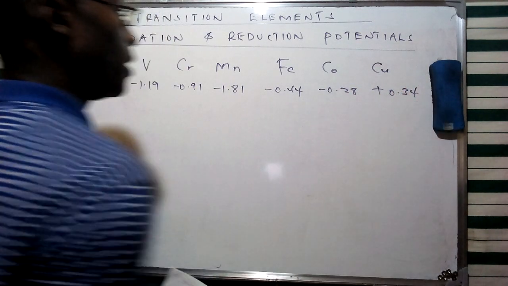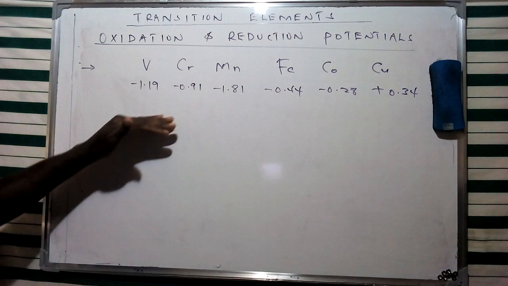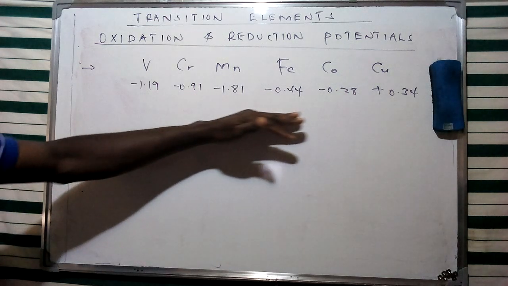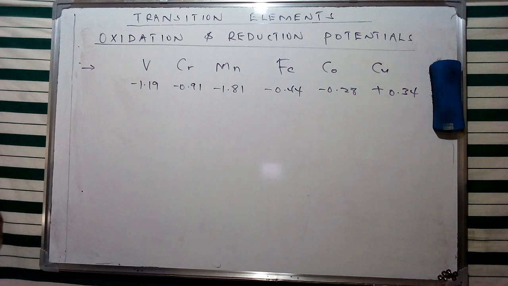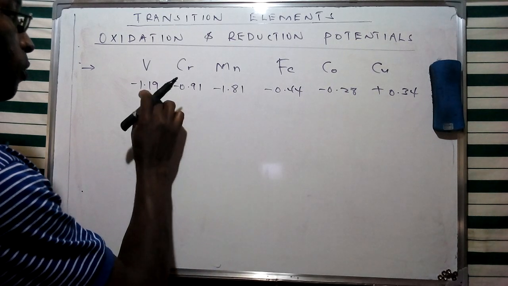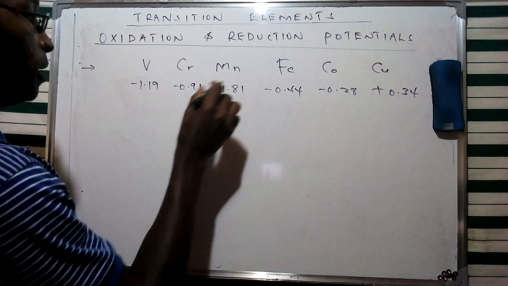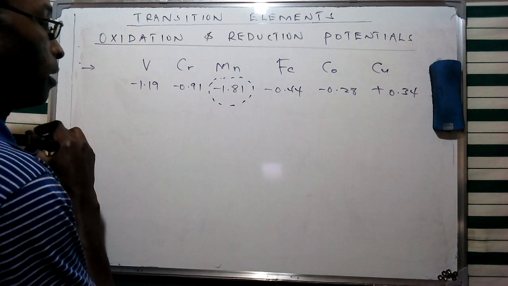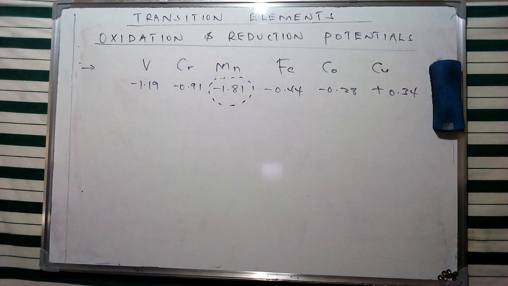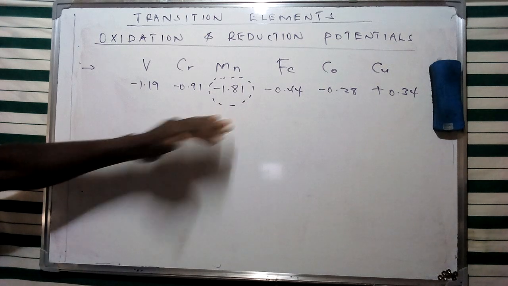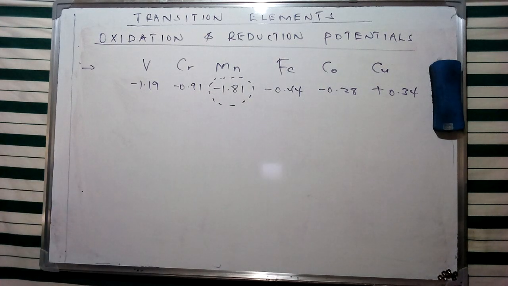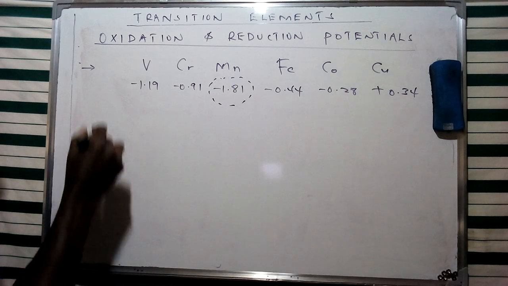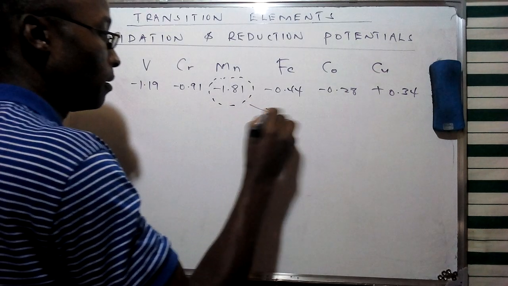So in this particular case, we can see that there's a specific abnormality of this reduction potential across the series. Specifically, we're going to see that it's going to be reducing in the negative value, but particularly for manganese, it's going to have an abnormality whereby we're going to see that it's going to have a relatively larger negative value for this specific reduction potential. And this, of course, is going to be an irregularity